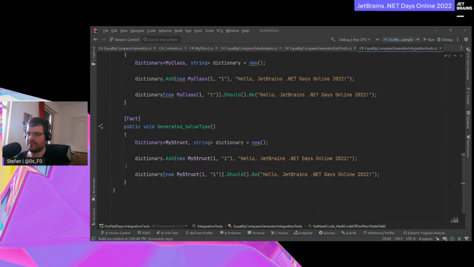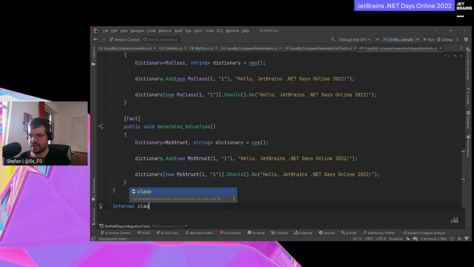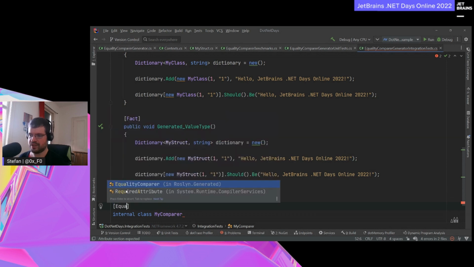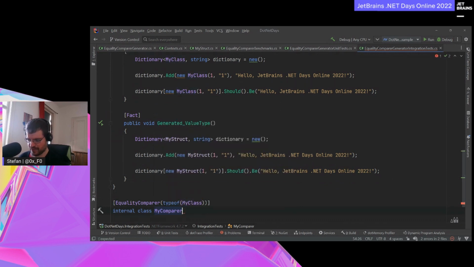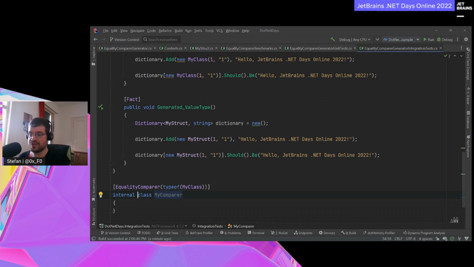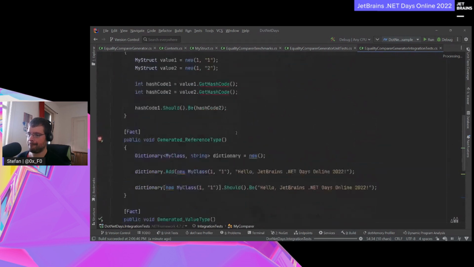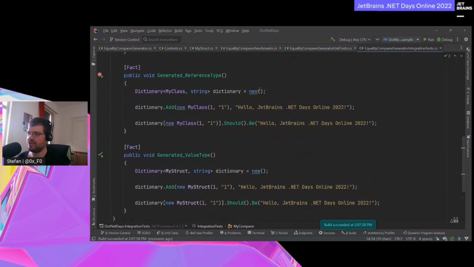because we use reference equality. So again, let me create an internal class, MyComparer. I put the equality comparer attribute that was emitted in the post initialization phase of the generator, typeof MyClass. That's it. The rest, oh no, we still have to make it partial so that the generator can extend it. And now we can, in this example here, add MyComparer.Instance